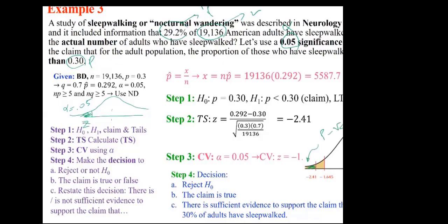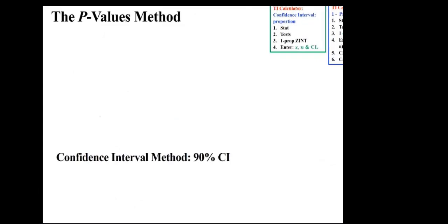And of course, before even you look it up, clearly it's less than alpha, because alpha starts from the left of negative 1.645 and it goes to negative infinity. So you're going to look up the p-value, but it's less than alpha, and it gives you the same decision, which is reject H0, and you write step 4, all of it the same. The p-value method,